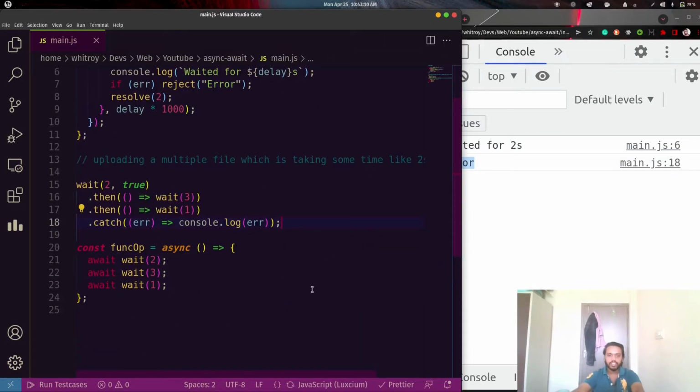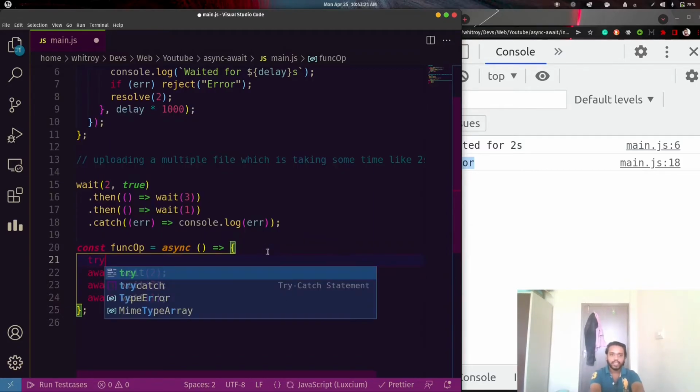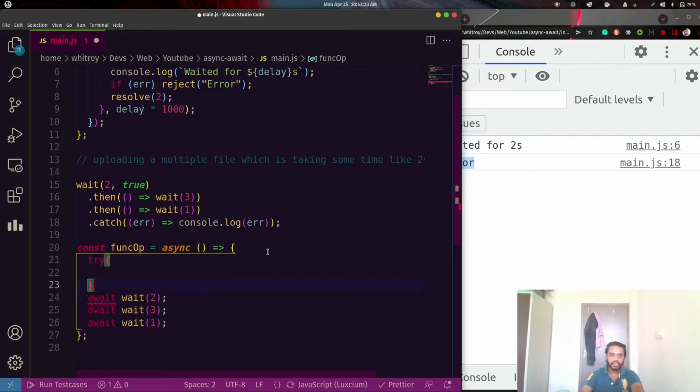So how can we handle these things in async await? Async await just looks like synchronous code, so we can handle it using a simple try catch.